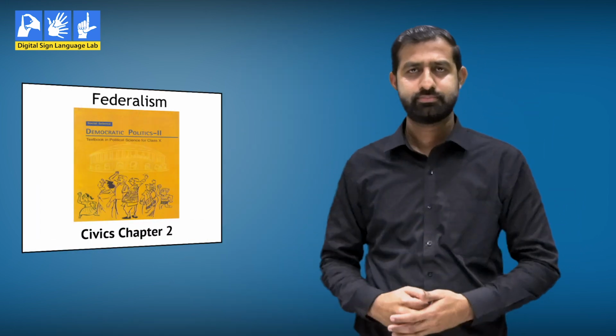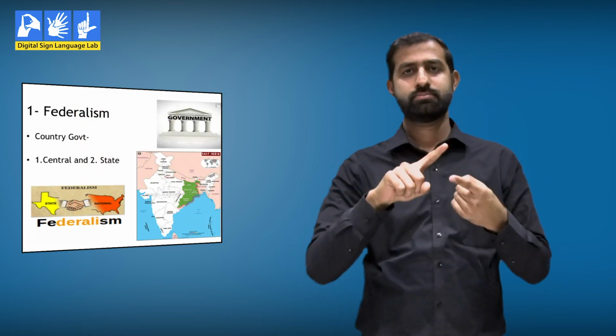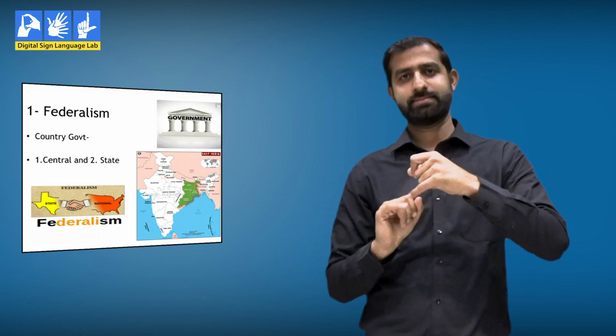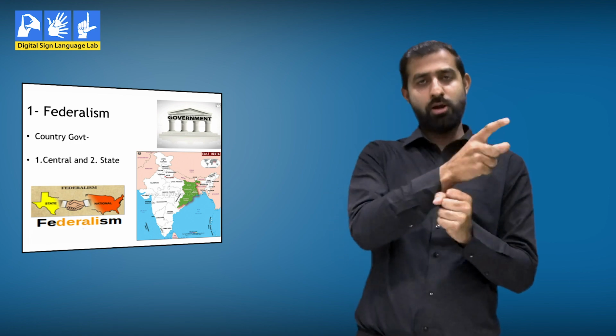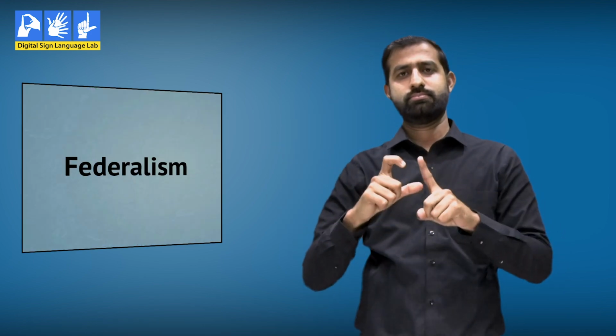Topic of Chapter 2. The topic for Chapter 2 is Federalism. Across the world, various countries have two sets of governments that rule the country. One is the central government and the other is the state government. Both the governments rule the country. For example, in India, the major power lies with the central government, which is in Delhi. The state affairs are taken care of by the state governments, for example, Gujarat, Madhya Pradesh, Uttar Pradesh, Haryana. Both the central and the state governments work together, and this is called federalism.